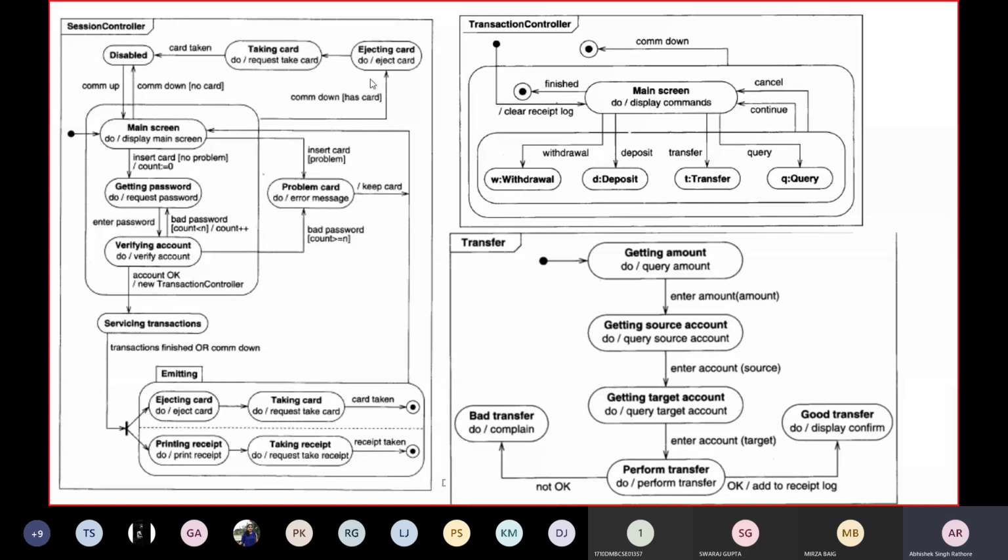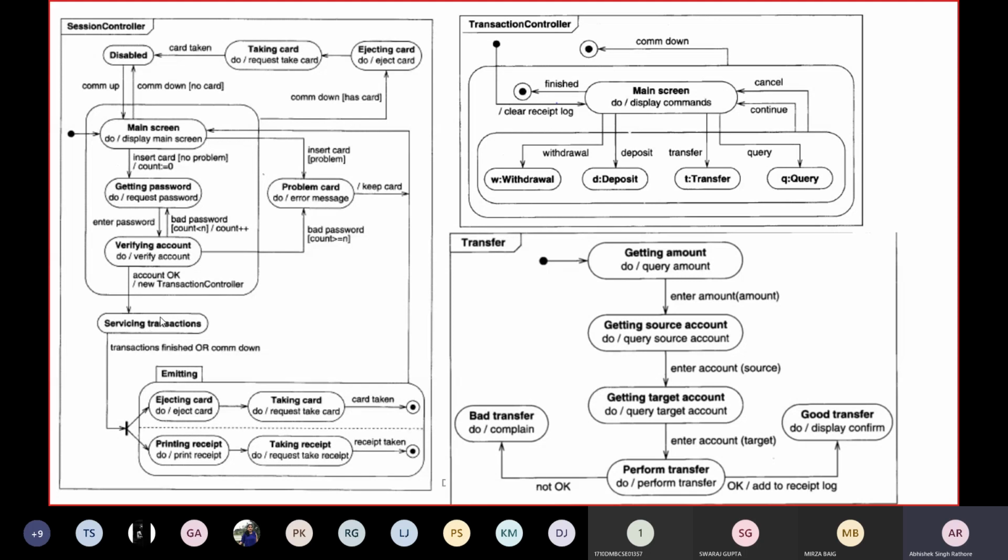So we have to identify that this state diagram should be consistent, because it starts with application initiation, and then after initialization of your application, you go for the transaction, and after the transaction you go back for the session to resume, because you have to go for ejecting the card or printing the receipt.